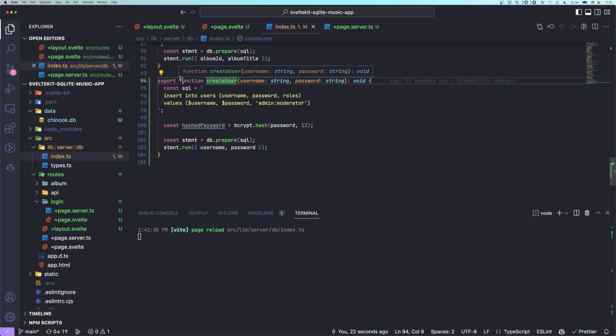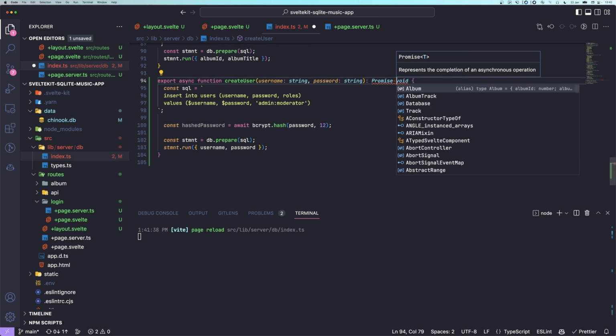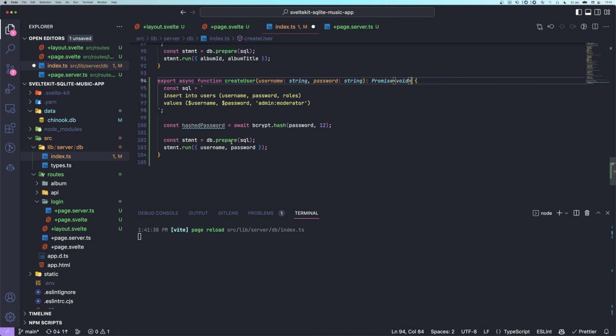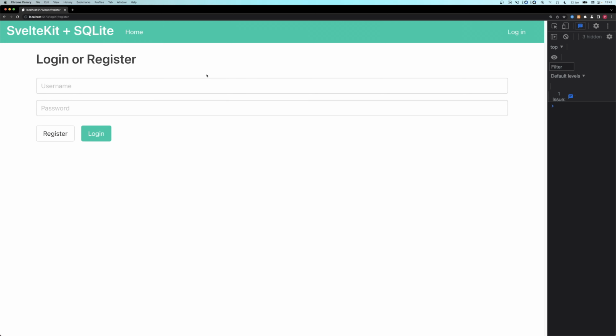But this is also asynchronous, so this returns a promise. We don't want to block off our JavaScript thread, so let's do it asynchronous. So we get that, and we want to insert that. Okay, create user. Great, so we go back to our page